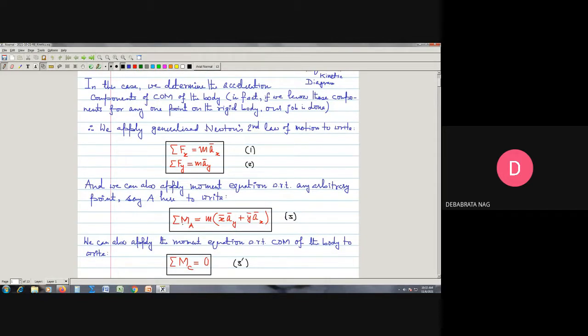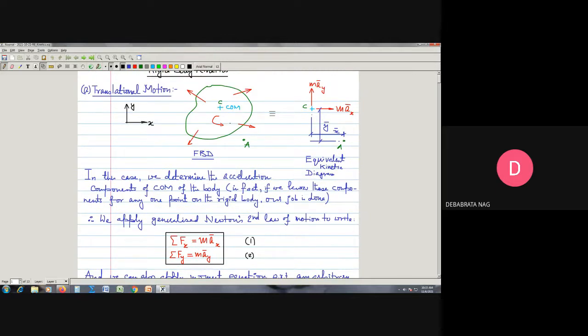We can choose the point A as our moment center, and we can write that the moment of all these external forces about that point A must be equal to the moment of all these forces with respect to point A, and we know by Varignon's theorem that should be equal to the moment of their resultant about this point. Since this point A is here and these are your resultant force components for this system of forces, we need to take their moment about this point A. So we can say that sigma MA